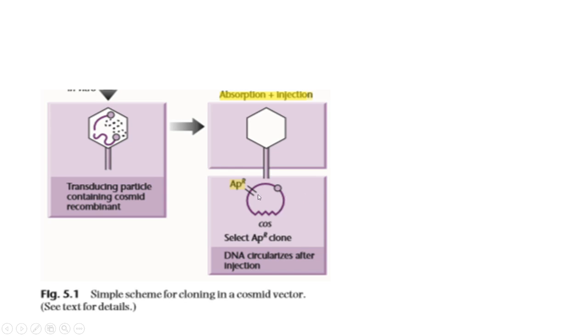And the third feature to be incorporated is a selectable marker. See here in this picture, the selectable marker is shown as an ampicillin resistance gene. So there are different selectable markers out there. In different cosmid vectors, you can introduce any one of them. These selectable markers help us to select the transformant bacteria after the introduction or the transformation of this vector into bacteria. And another feature to be introduced into